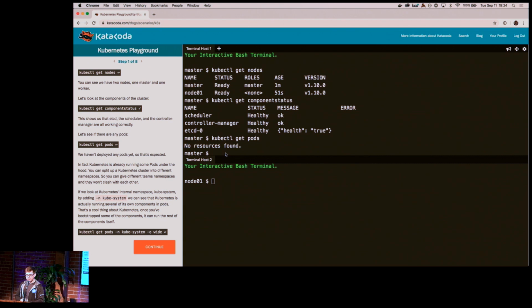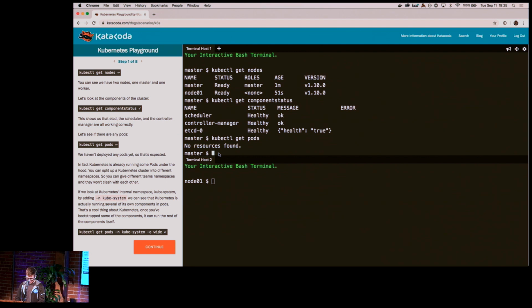Actually, Kubernetes is running a couple of pods in the background. A cluster can be split up into different namespaces. So if you've got a really large cluster and multiple teams in your company using the same cluster, you can split it up into different namespaces. One team can be using the front end namespace and do all their front end stuff, or there's maybe a data science team using a different namespace called data science. Then all of their pods aren't going to clash with each other if they have the same name. And there's an internal namespace called kube-system, which is for all the under the hood stuff that